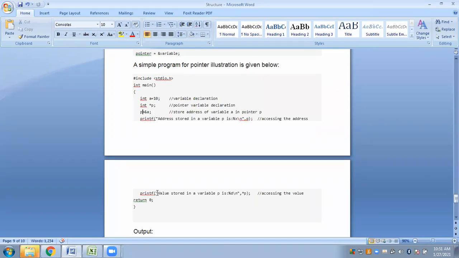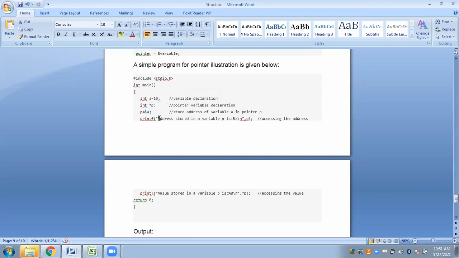Now we have two printf statements here. In one, we are trying to display the address stored in variable p. We have stored a value inside p, and what is that value? It is nothing but the address of the variable a.